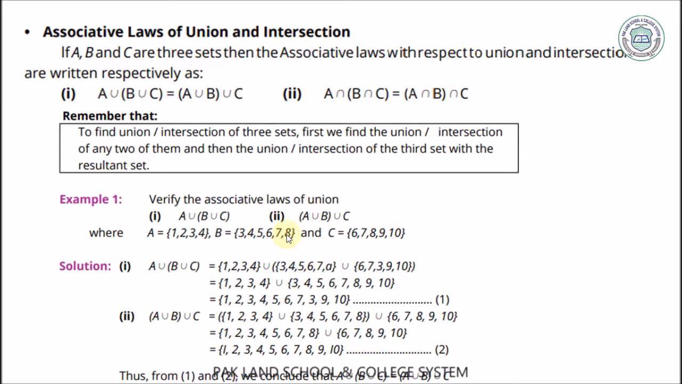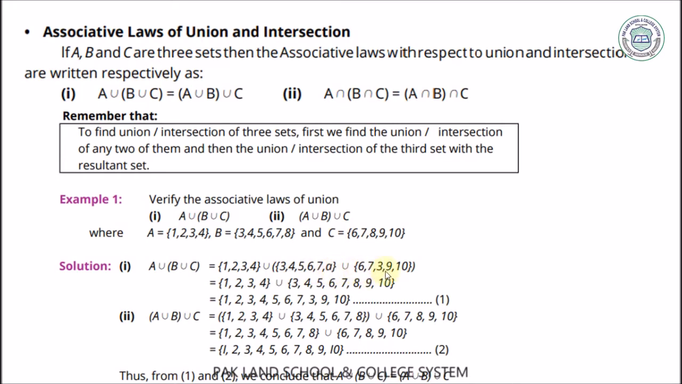3, 4, 5, 6, 7, 8 and set C includes 6, 7, 8, 9, 10. Solution of this example. First part is A union (B union C). In this part, we first solve B union C, and the resultant set we will take union with the set A. Set A is 1, 2, 3, 4 union, and B and C we write within round brackets: 3, 4, 5, 6, 7,